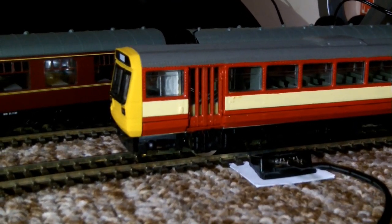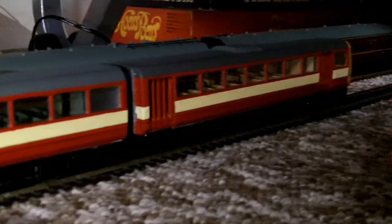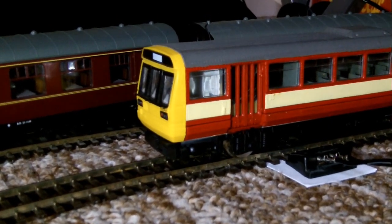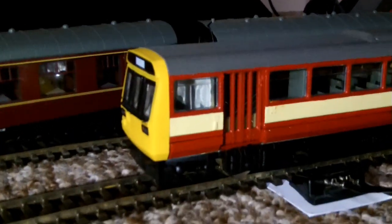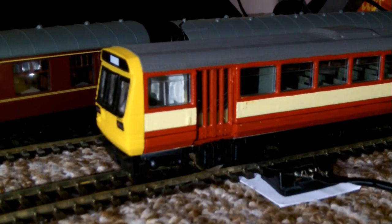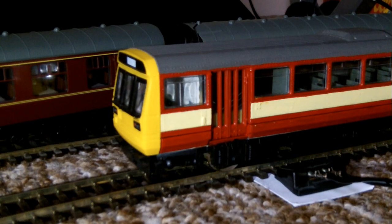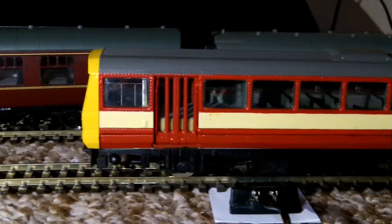Lima, of course, kept their detail fairly basic over the years, maybe with a few slight improvements. If you were to buy a fairly new Lima model today, the detail would still be quite basic. But as we all know, it's basically the same if you were to buy a brand new Hornby 142 Pacer, for example the Northern Rail one. It does look smart in that livery. I've been thinking about one, mainly because the Pacers are approaching retirement now. As I said earlier, a few are going to still be running until next year. But buying a brand new one, the detail would be pretty much the same as